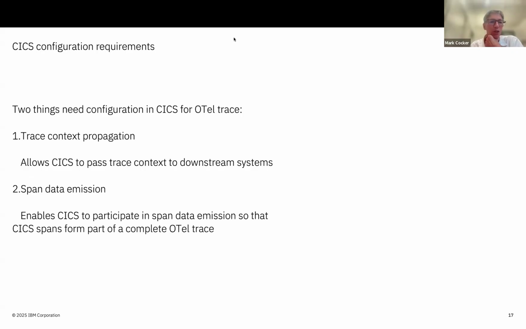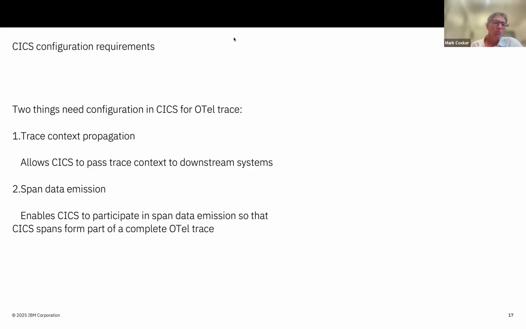So I'll just finish on a few slides which talk about configuration, because I think that may be interesting, especially if you're new to this area. So we have two things to consider here. One is around the trace context propagation. So this is, will CICS receive and process OTel information from other third parties, if you like? And the other is when CICS propagates this OpenTelemetry context out to other environments. So, for example, if we're going to write to DB2, do we want to pass the context on to DB2?